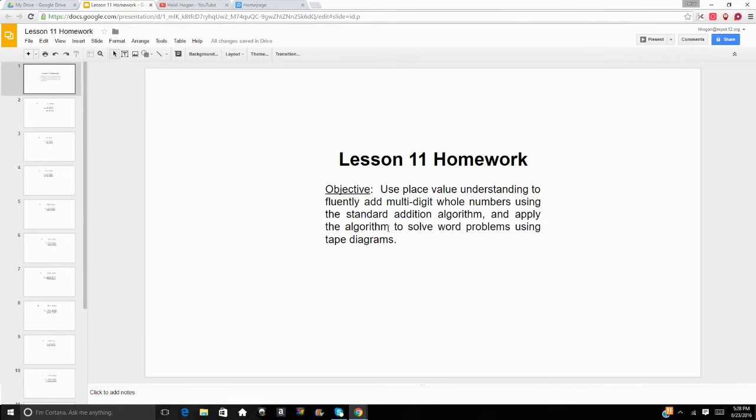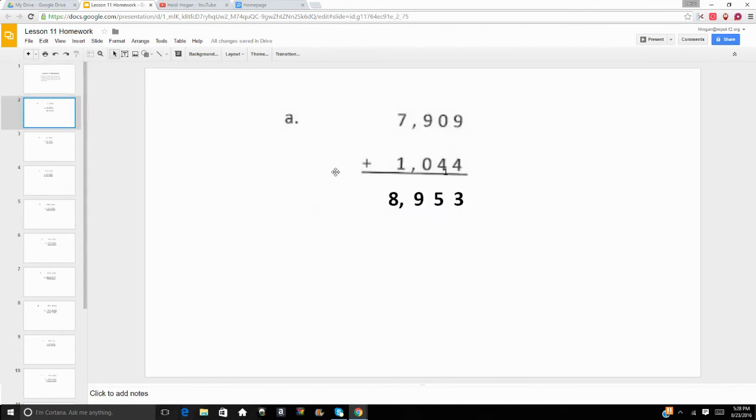So as we know, our homework begins with some basic foundational skills, and then it gets a little trickier and more challenging. So do what you can do. Okay. So for our first problem, 9 plus 4 is 9, 10, 11, 12, 13. So 13. But we know we can't have 13 in the ones place, so we have to regroup 10 into the tens place. And in Eureka Math,